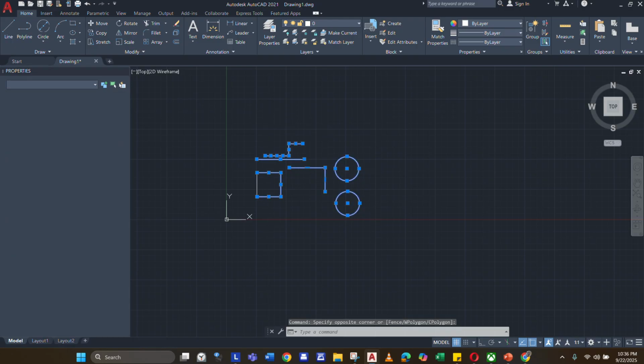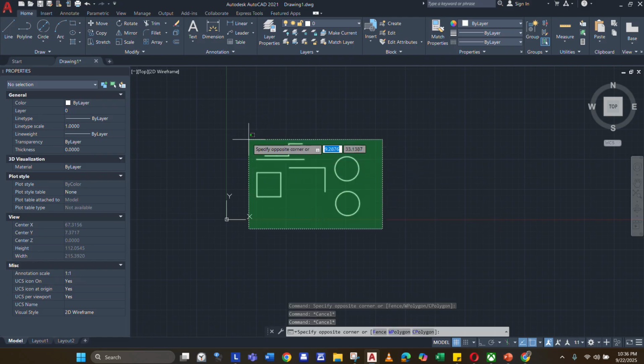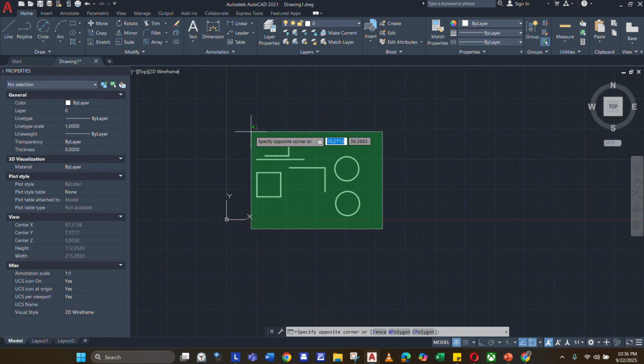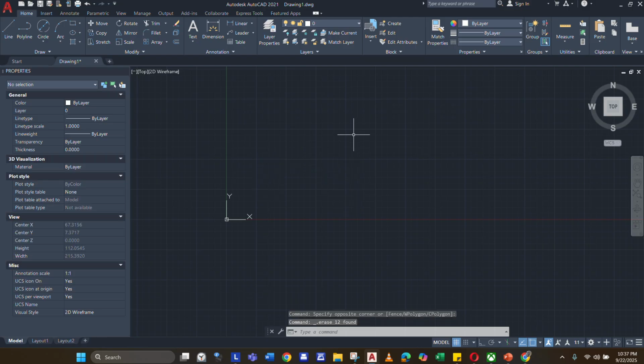So I'm gonna do that again. Left click, hover to the left, and then second left click. There. And I'm gonna delete this one, just press delete. You don't have to type in E or click the E command, the erase command. Just use delete. And if you wanna undo your drawing, just use Control Z.